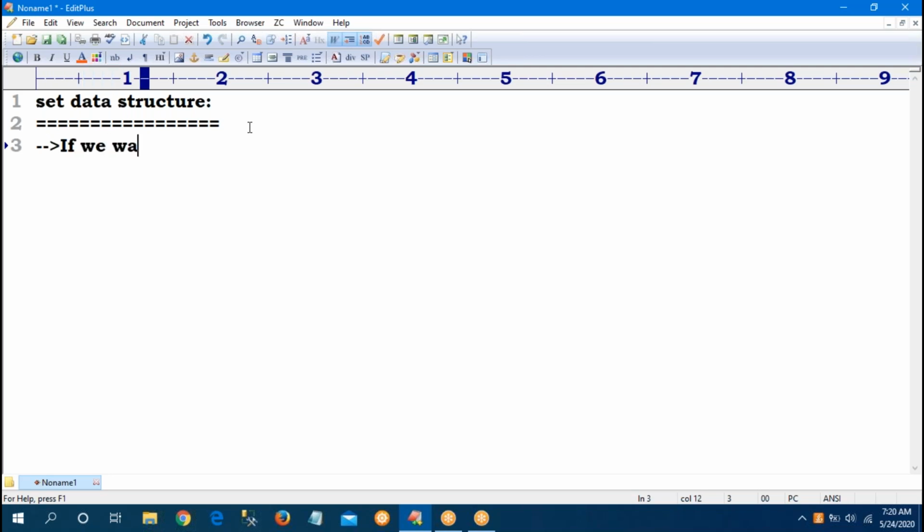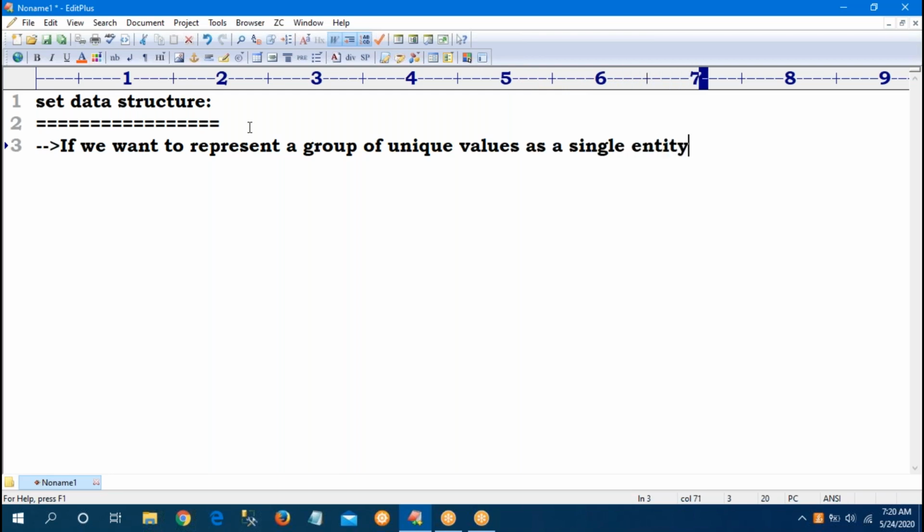So if you want to represent a group of unique values as a single entity, then we should go for set.